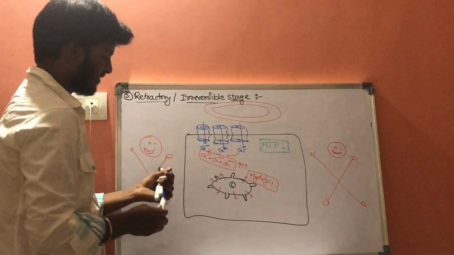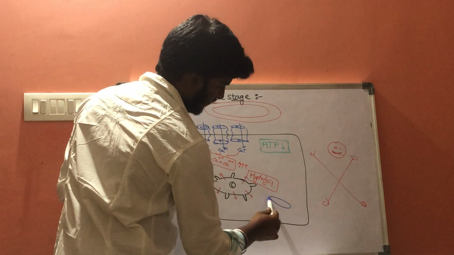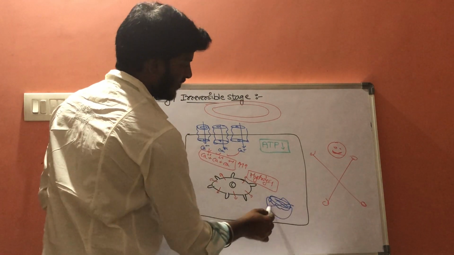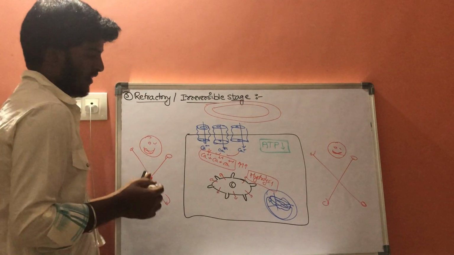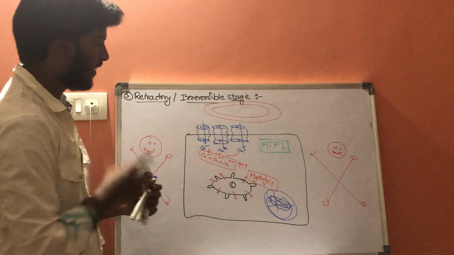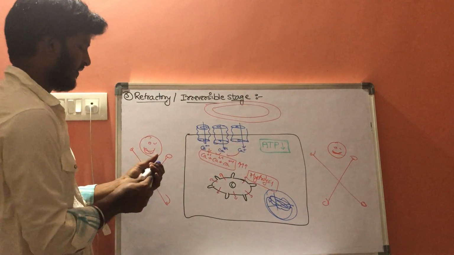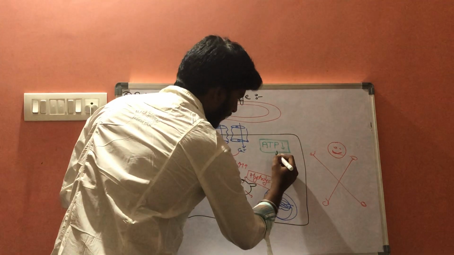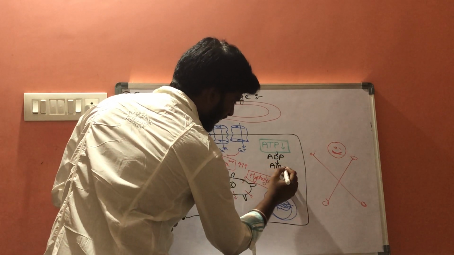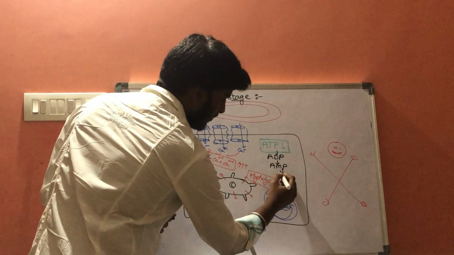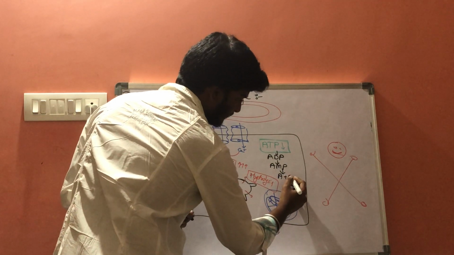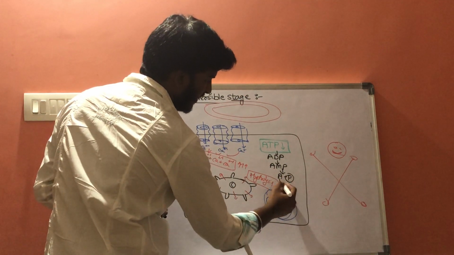And let us consider this is the mitochondria. There will be death of the mitochondria. How? Now if there is a decrease in ATP, this ATP will convert into ADP. This ADP will convert into AMP. This AMP will convert into adenosine plus phosphate. Whenever the phosphate is removed, it releases only adenosine.